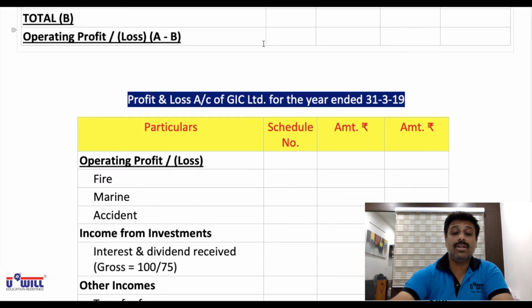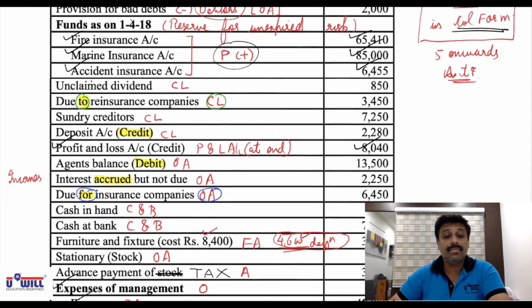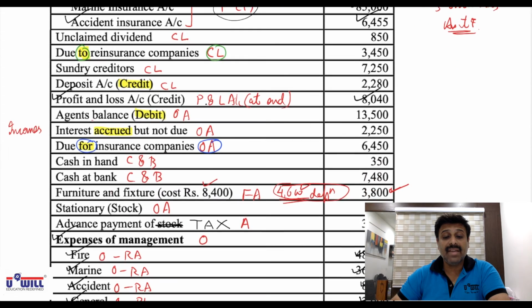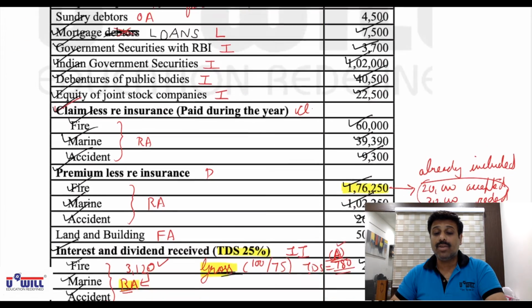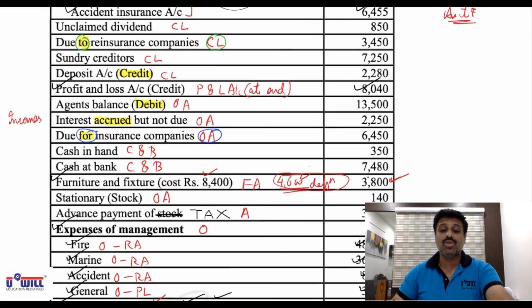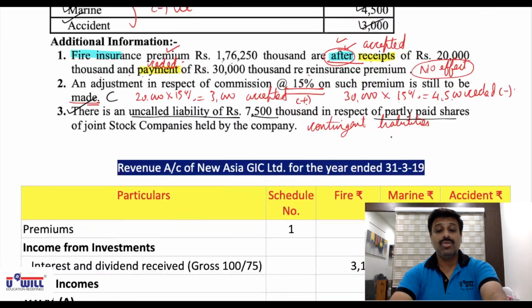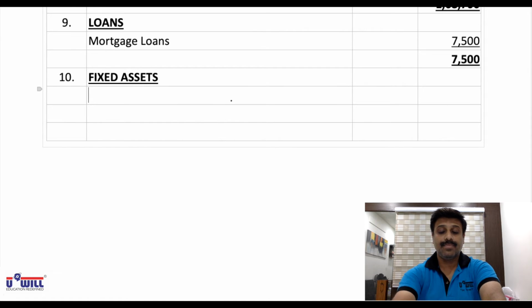Now, in fixed assets we have two items, I think. Very first in fixed assets we have the FA marked item, furniture and fixtures, where, as we discussed, 8,400 will show in the inner column. Depreciation also is 4,600, we know. Out of 4,600, 2,000 is current year, meaning 2,600 would be of past years. Then we'll show 3,800 in the outer column. So write all of it this way: furniture and fixtures, first 8,400 in the inner column.